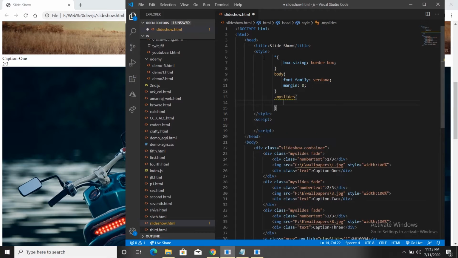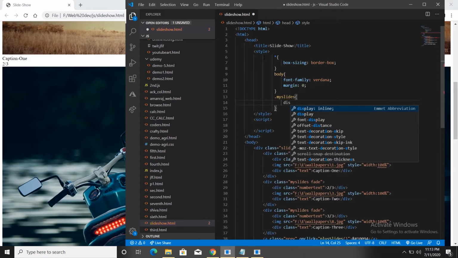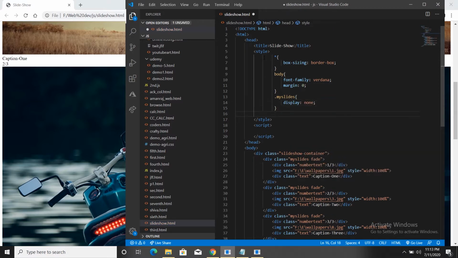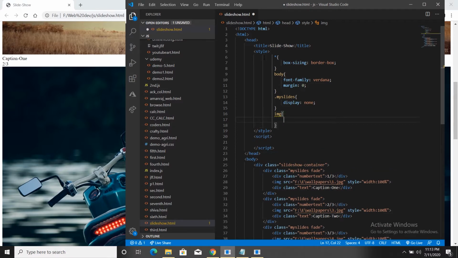First of all, I don't want to display anything, so mention display as none, and then give some feature to the image tag. I want to align all the images in the central part, so I should use vertical align and mention the alignment as middle. Actually the image size is covering my complete web page, so it is not showing any difference when I'm using the vertical align as middle. If you're using any image of small size, then it will be visible for you.